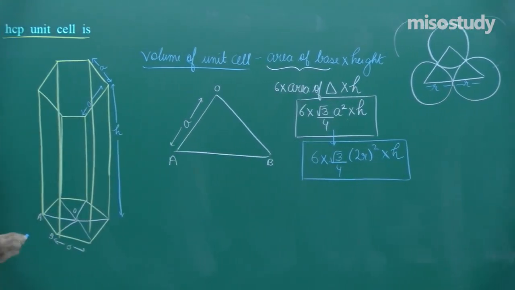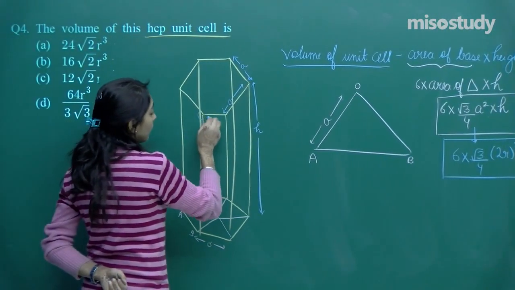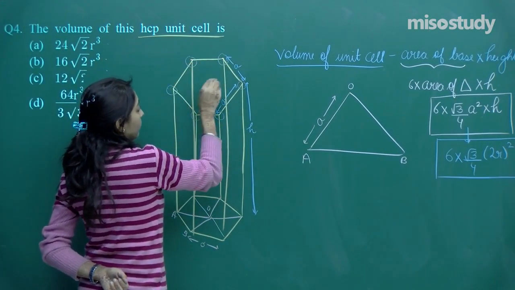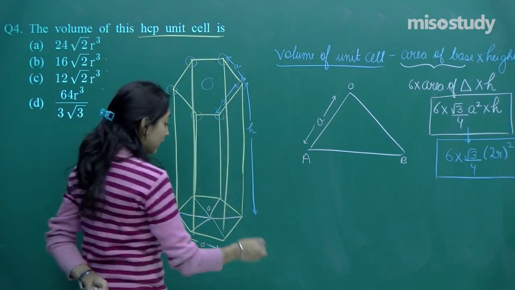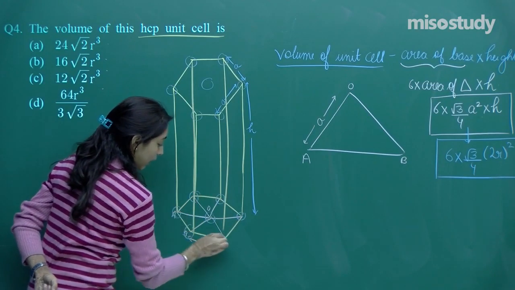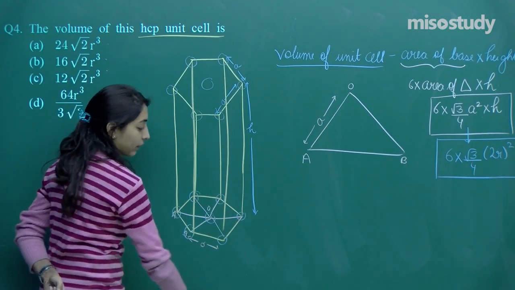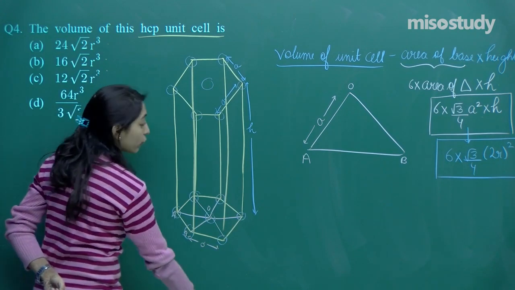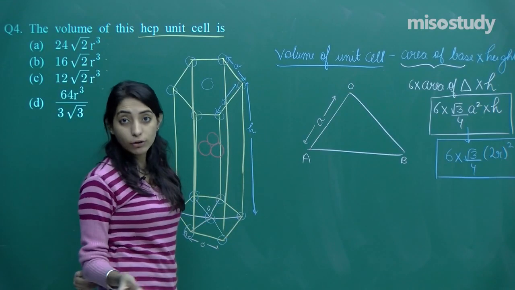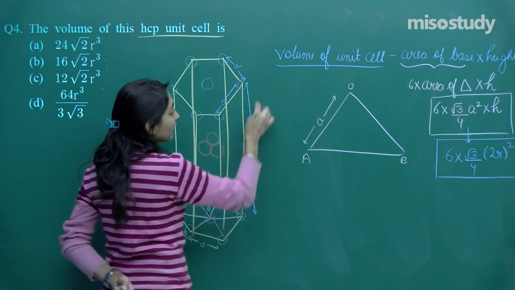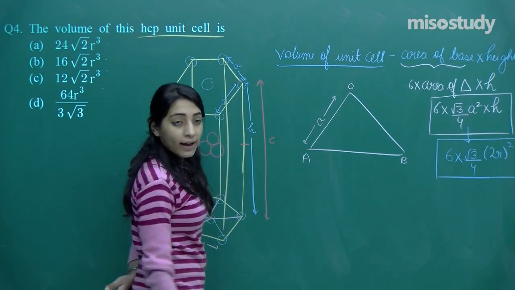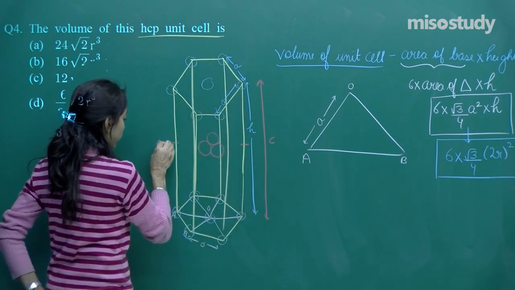Guys, see, you do agree, right, that 6 atoms are present somewhere here, and one is there in the center. Similarly, 6 atoms are present somewhere here, and one is present in the center, right? Now we know one more thing, that 3 atoms are present exactly in the half of the unit cell. That means at a distance. So guys, let us call this height as c. So at a distance of c by 2,